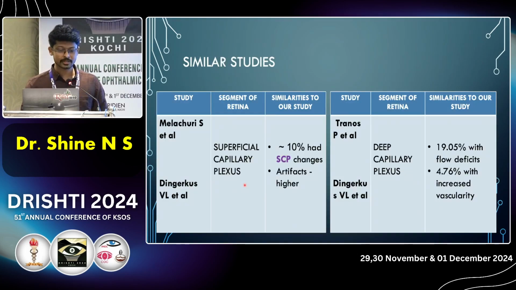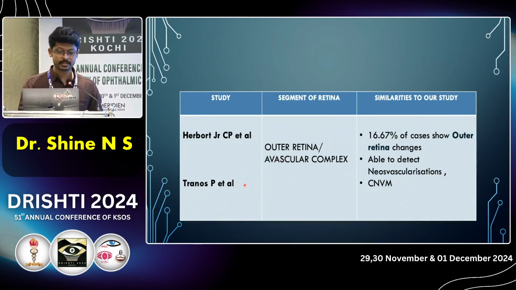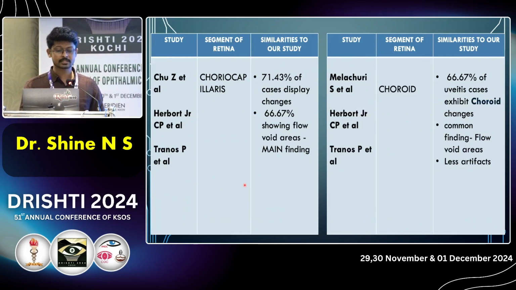Similar studies by Melachuri et al., Dinkarkas et al., and Tranospi et al. showed lesions in the superficial capillary and deep capillary plexus detected by OCTA. Deep capillary plexus findings were more than superficial capillary plexus, and the superficial capillary plexus also had a higher number of artifacts in these studies. In Herbert et al. and Tranospi et al., the avascular complex layer also showed almost 17% of changes, and similar to their study, we were able to detect neovascularization and CNVM in these layers. Multiple studies showed choriocapillary and choroid layers have flow void areas as the main findings,